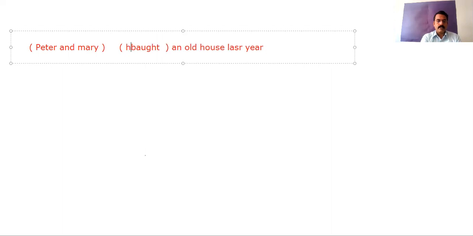Or let us say have bought an old house and remove last year, so that we get some different phrases for analysis. So these are the three phrases in this particular sentence that we have taken for analysis, right?